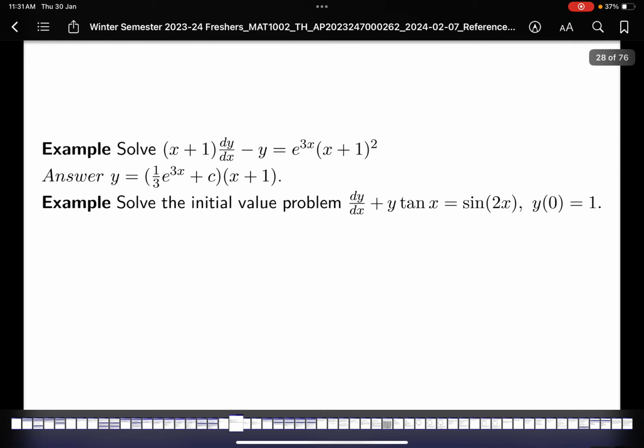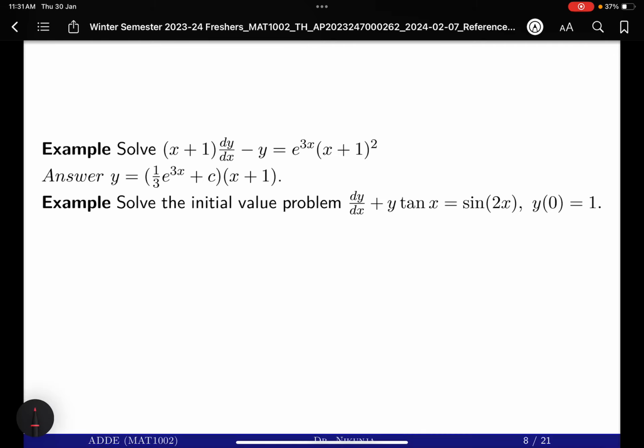So now see another question here, and solve the initial value problem, this one with this. Okay, so first thing, from this equation you can decide what is your p and q. So p(x) is tan x and q(x) is sin 2x. Okay, so immediately the integrating factor you will be getting as e power integral tan x